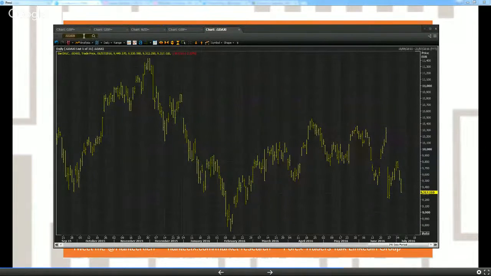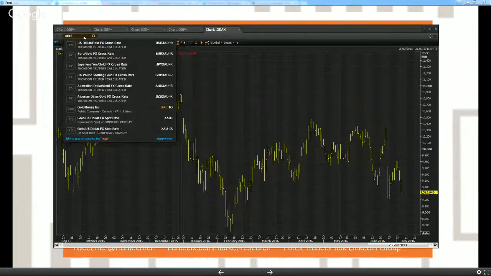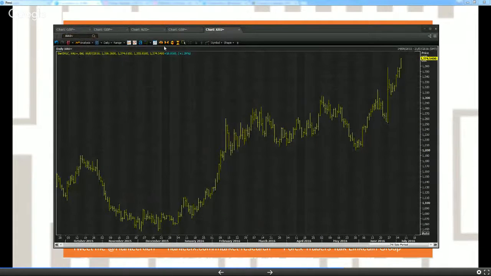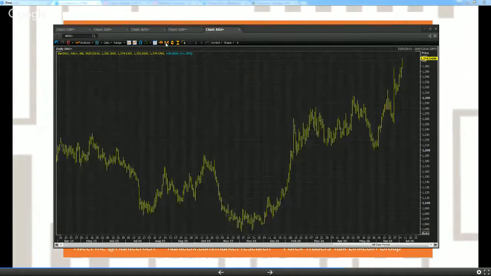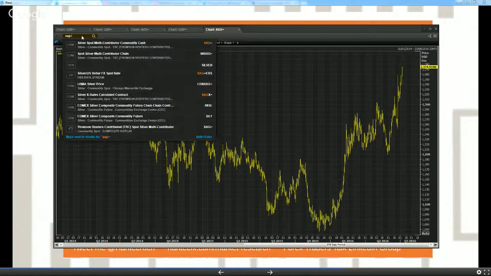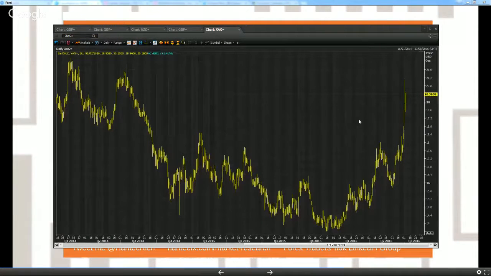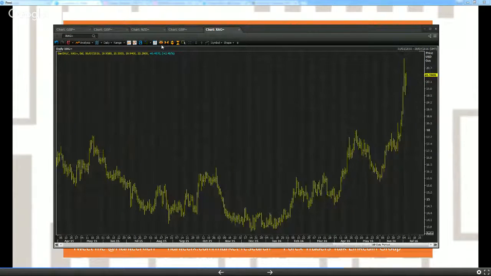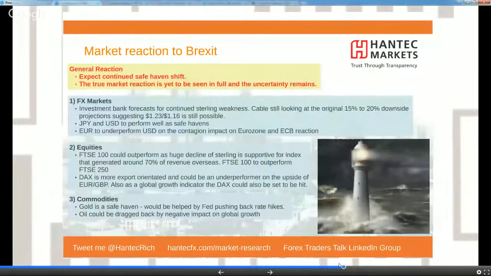Let's just show you gold breaking out. Coming up to the highest since March 2014. Silver following it, but accelerating as well. Silver is another one. They're both very, very strong at the moment, running higher, and certainly the safe havens are in focus.